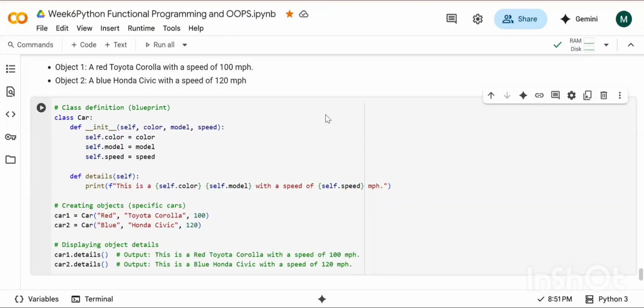Great. Okay, does anyone over here know about constructors?